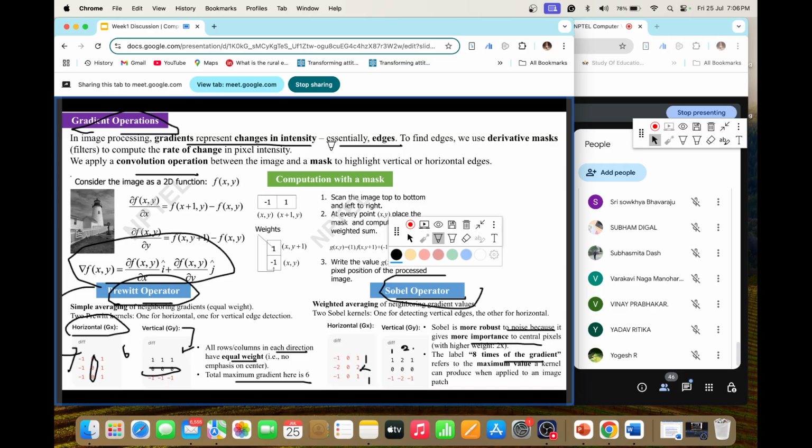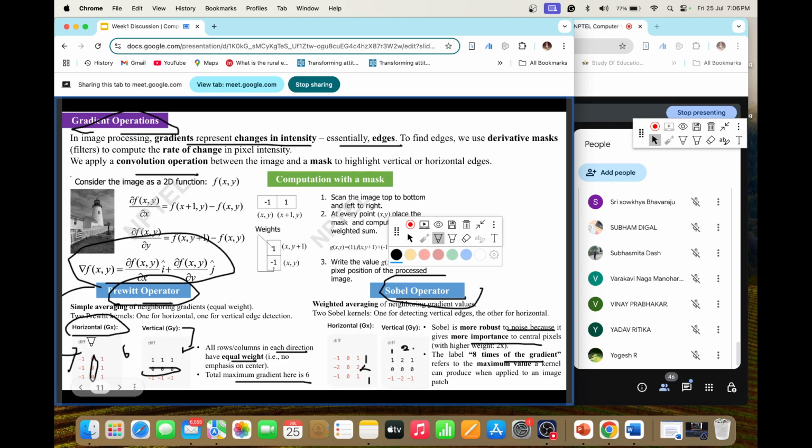We have to first use a mask on an image, and after using a mask on an image we can do the operation of gradient, so that it becomes more visible, otherwise it won't be visible. In a normal image, if we do the gradient operation, it will not be visible. So for having the mask, we have two things: one is the Prewitt operator and second is the Sobel